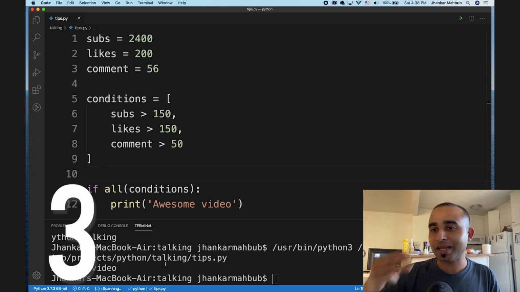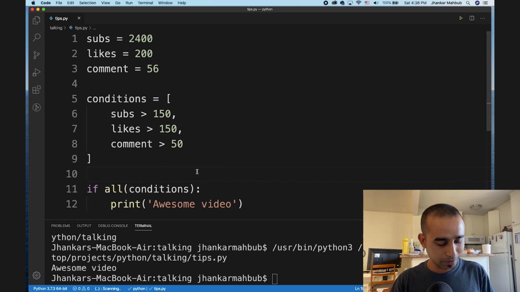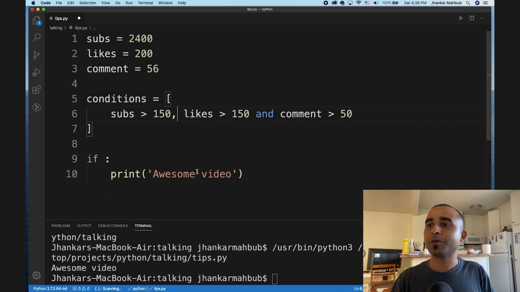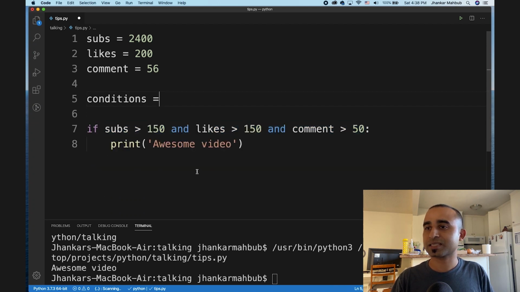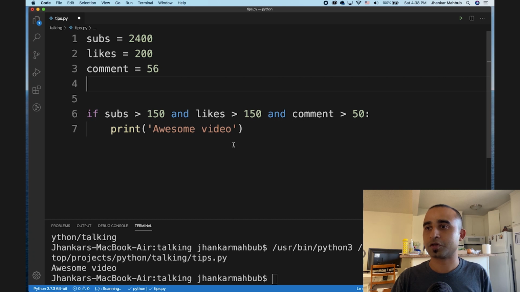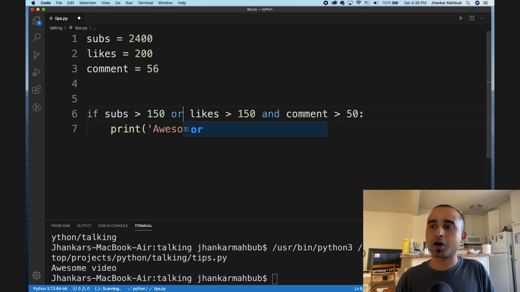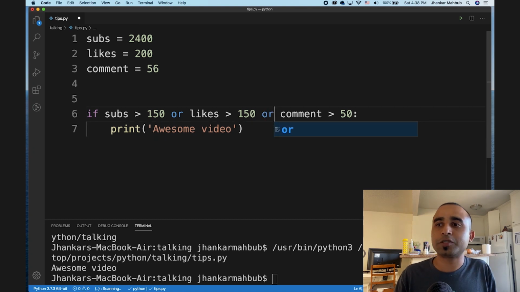Clever point number 3. In some cases, let's say we go a little bit back, and right now you need to fulfill just one condition. So in that case, you will have an or. That means you need to fulfill at least one.